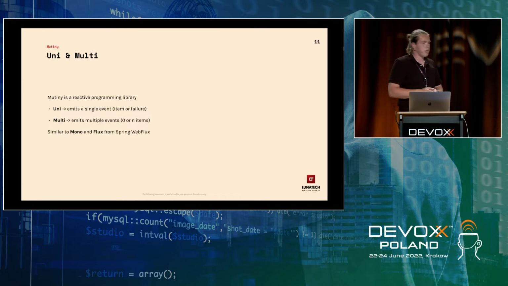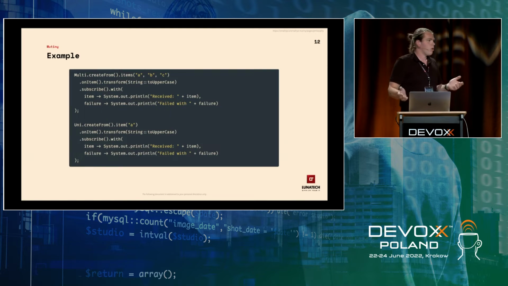These concepts are quite similar to what's being used in Spring Webflux, the reactive one of Spring, and they're called Mono and Flux, but they're roughly the same thing. And now you're wondering, how do I use this, what it's all about?